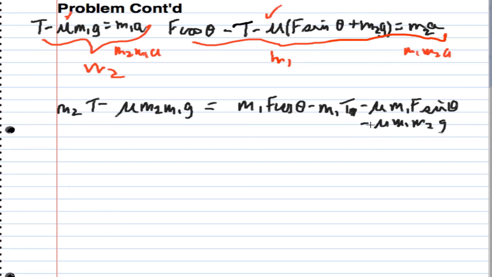Now we get lucky because this cancels with this term here, and I can do a little bit of simplifying, and I'm going to end up getting m1 plus m2 times t